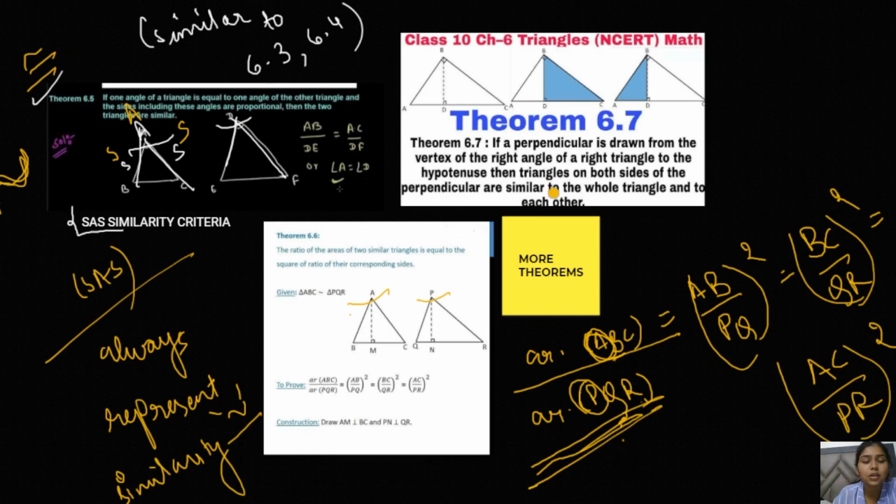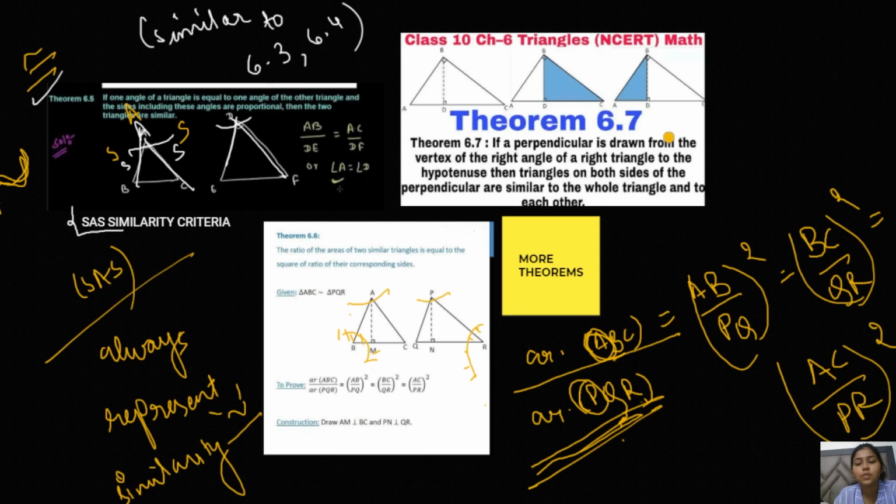Okay, so this is how you have to name the triangles. In the case of similarity, you must be very careful and sensitive with the naming. If angle B is equal to angle R, then if B is placed in the second position, R must also be placed in the second position. I hope that's clear to you. If you find any problem in this, please let me know by commenting, and I will be there to help you for sure.